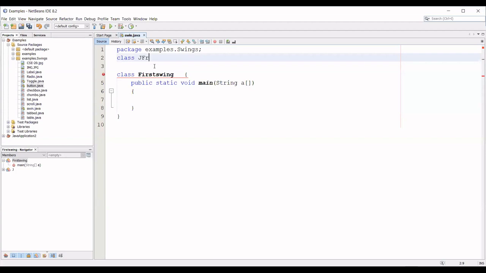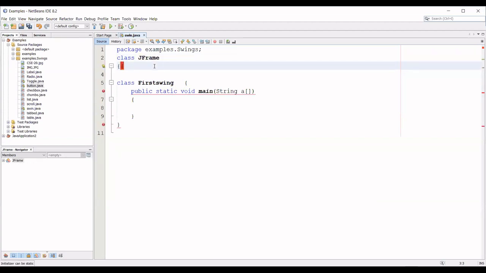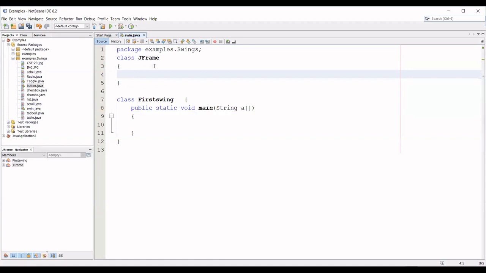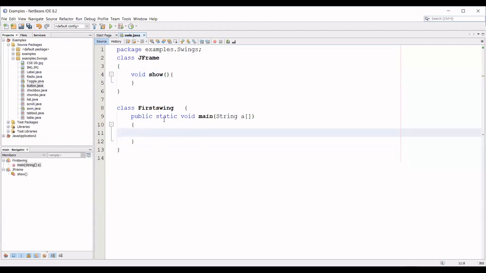Inside this JFrame, there are a few methods, like void show, and some other methods. How are you going to make use of these methods inside this swing class? I can directly create an object for this JFrame and use that inside my program. Am I right? So this is one way.